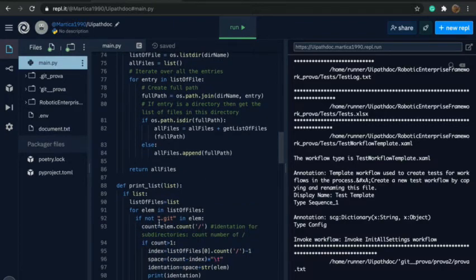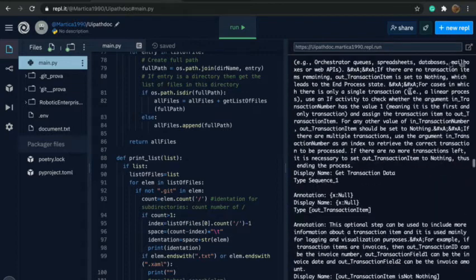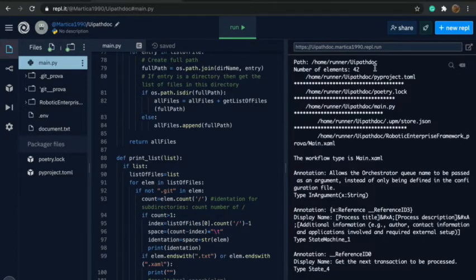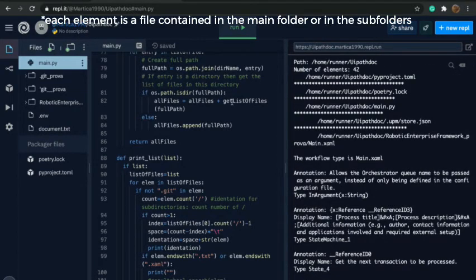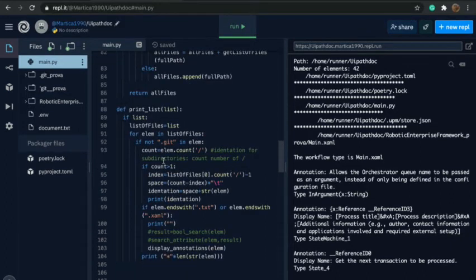Another useful function is get a list of files, which gives the absolute path, as we can see here on the screen. Also, it can give us the number of elements, and for each element inside each folder, each subfolder, it does the correct indentation,